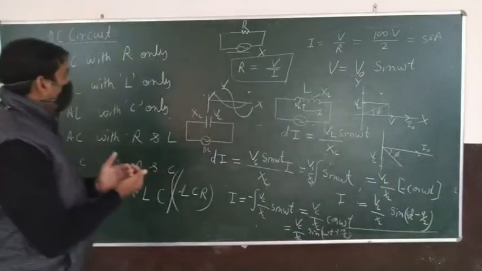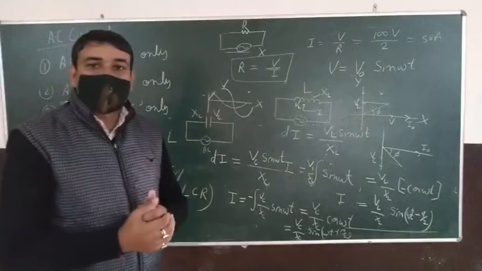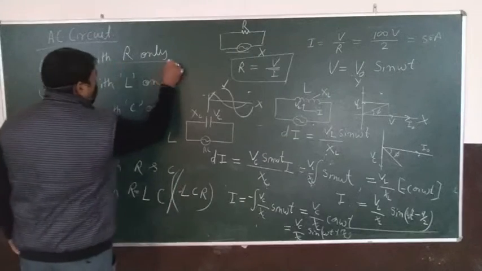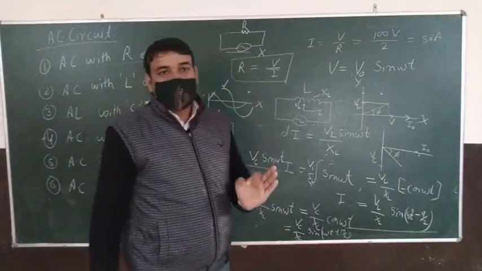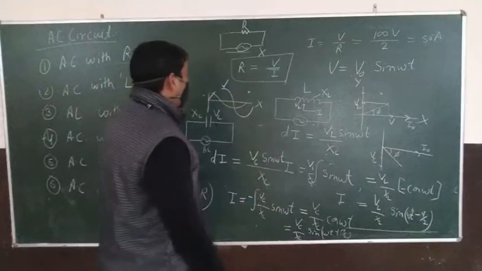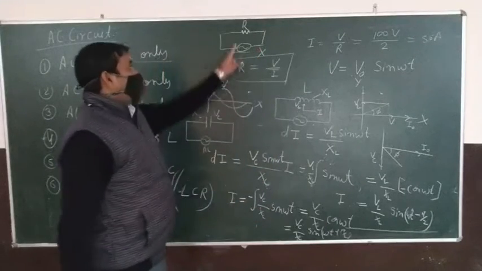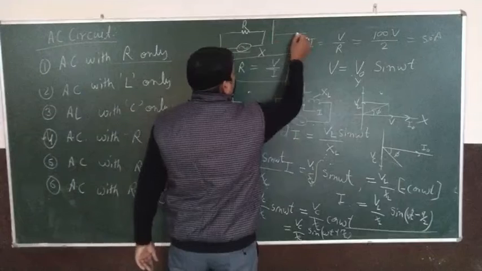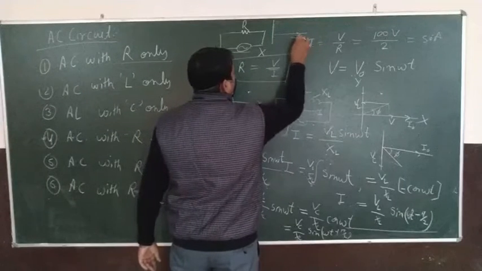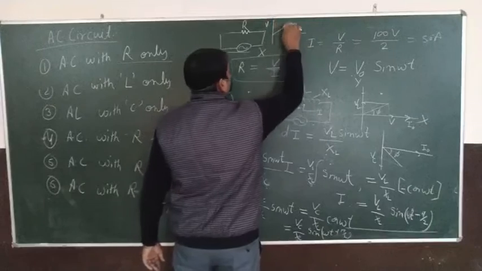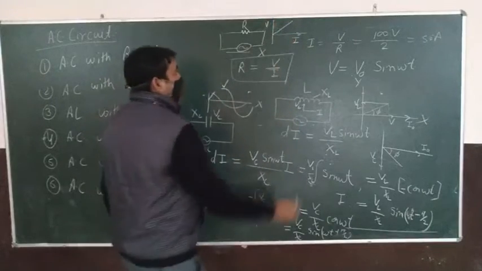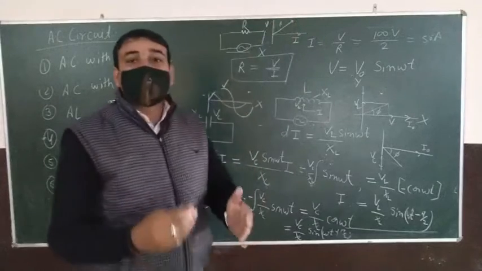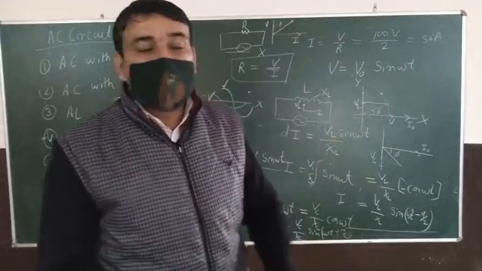Now students, first the 3 main components which we use here: how they obstruct the current, or how they control the current, let us understand. For the resistance only, in the second unit you learned Ohm's law. According to Ohm's law, when a simple circuit has a resistance and a current is flowing, you will see the behavior of the voltage as increase in current is given by a straight line. This straight line gives the value of R, or we say the obstruction in the flow of current.